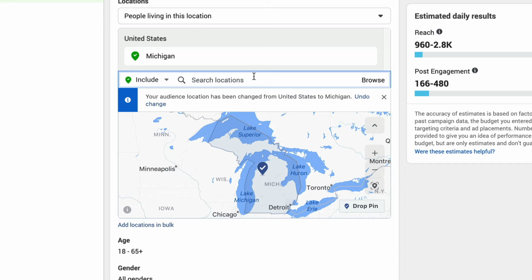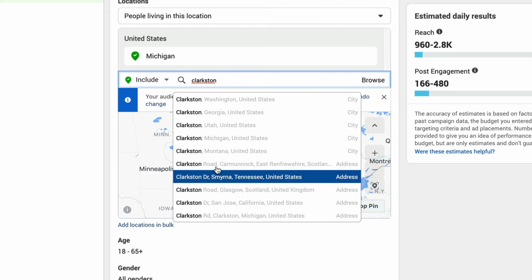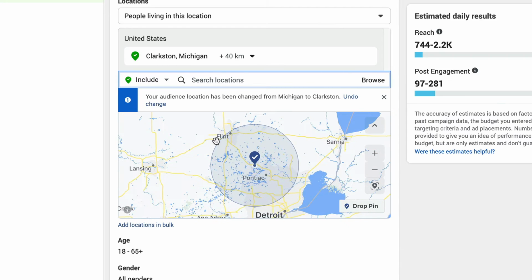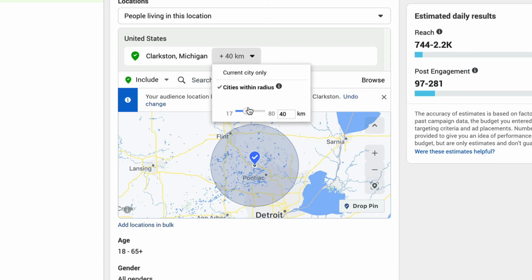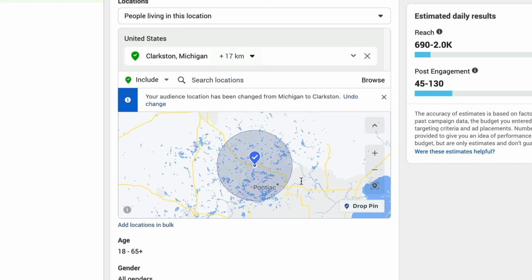Here's what's really cool. I used to live and grew up in a town called Clarkston, Michigan, a small town. Let's say you have a business and you really want to target people locally and you live in Clarkston. You can put in Clarkston and look what it's going to do. It's going to pull up all these different places with Clarkston. There we go, Clarkston, Michigan. And look what it does. I can target people within these specific parameters. Now I have Clarkston, Michigan, and I can target within this radius, in kilometers, and right there, if I want to bring it all the way down, within 17 kilometers of Clarkston, Michigan,